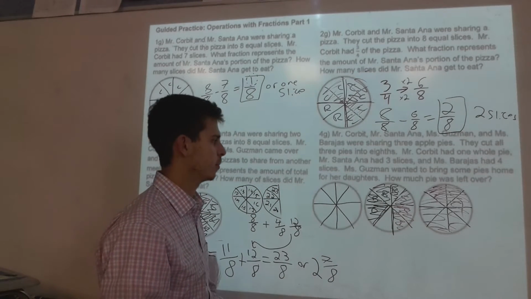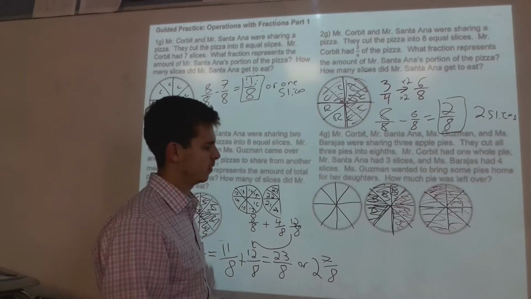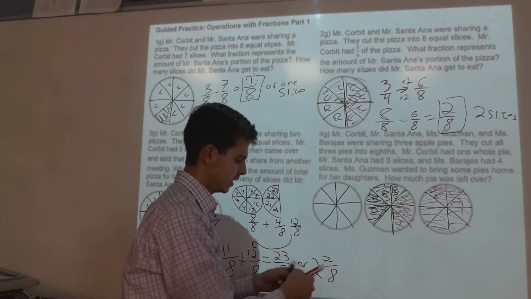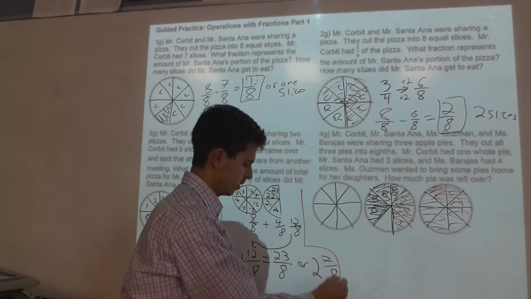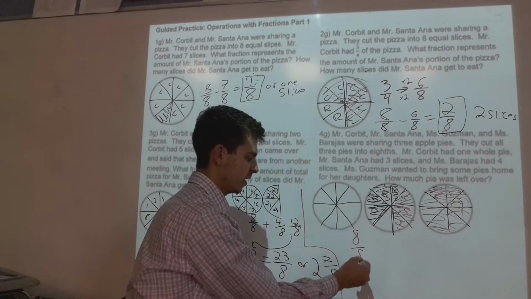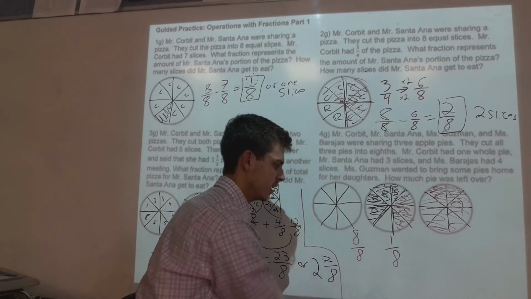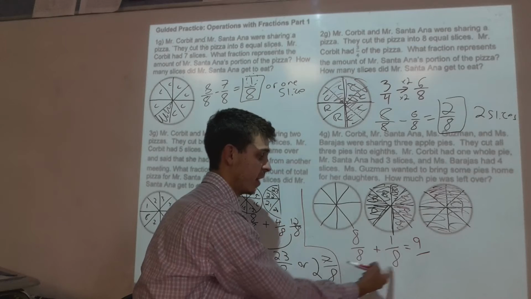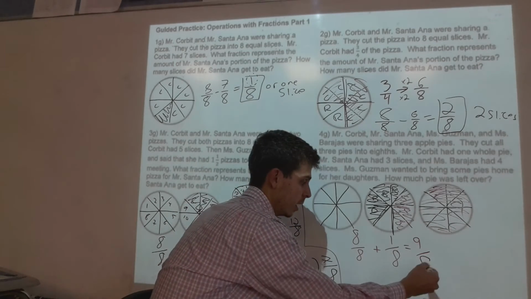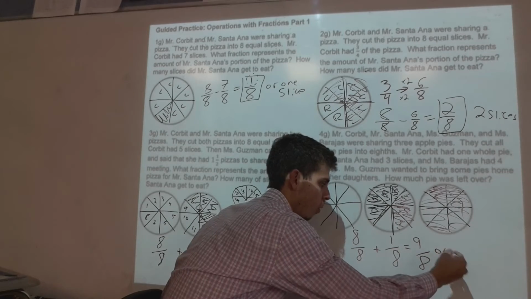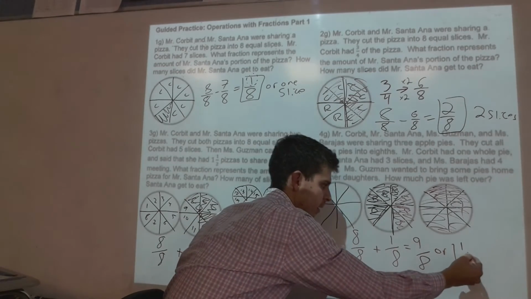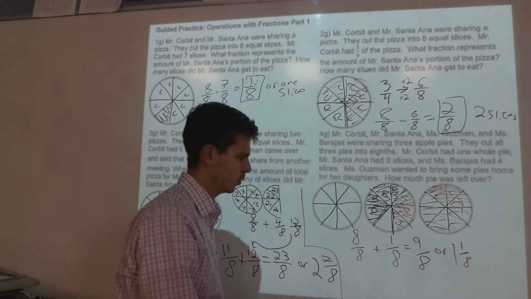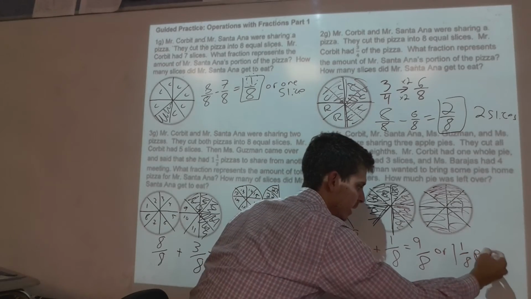Miss Guzman wanted to bring some pies home for her daughters. How much pie was left over? Well, there were 3 whole pies, but now there's 8 slices here. I'm just going to draw this line right here to separate the problems. There's 8 out of 8 slices here, and there's 1 out of 8 slices here. So if we add these together, 8 plus 1 is 9. I can add these fractions because they have the same denominator. 9 over 8, or 1 whole pie and 1/8 right here. So I cut into 8 and we have 1/8 left. So we have 1 pie and 1/8 pies,